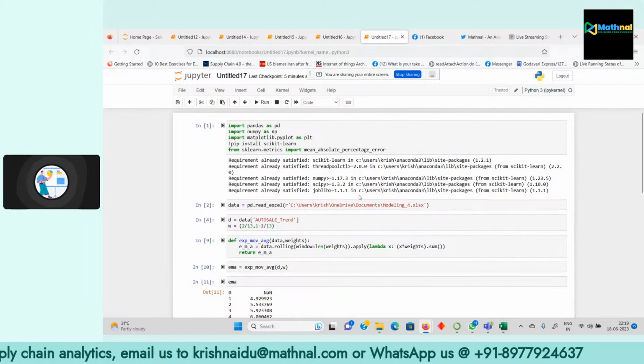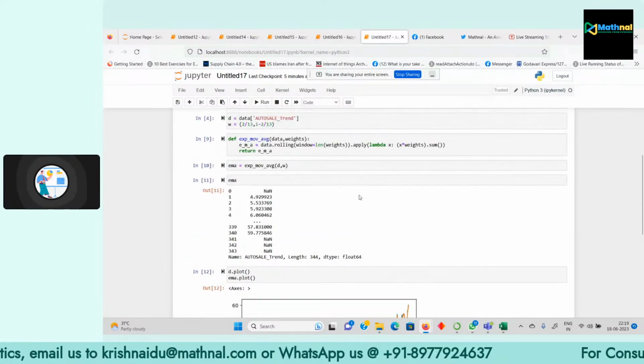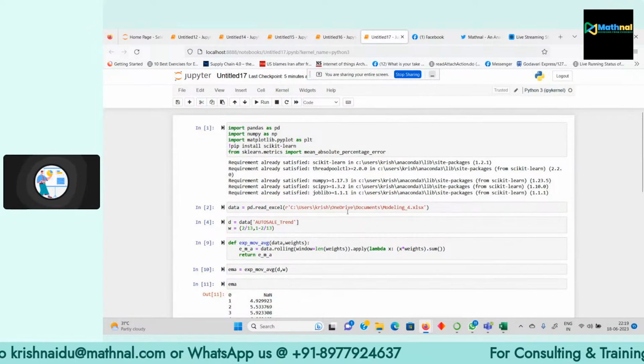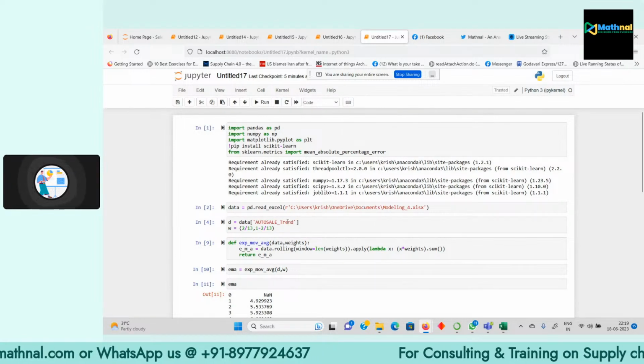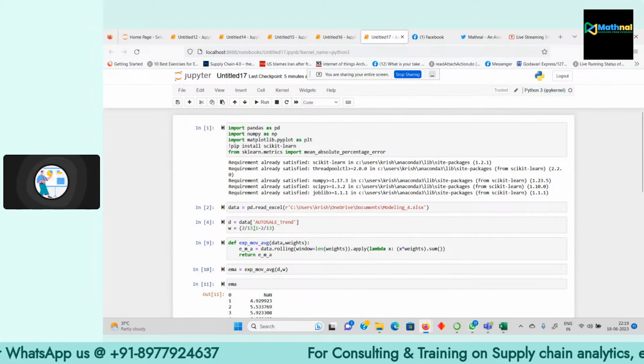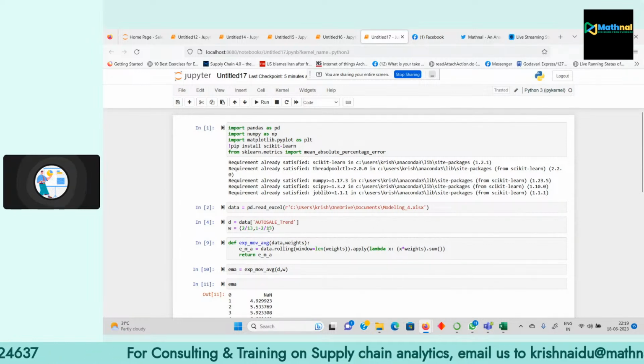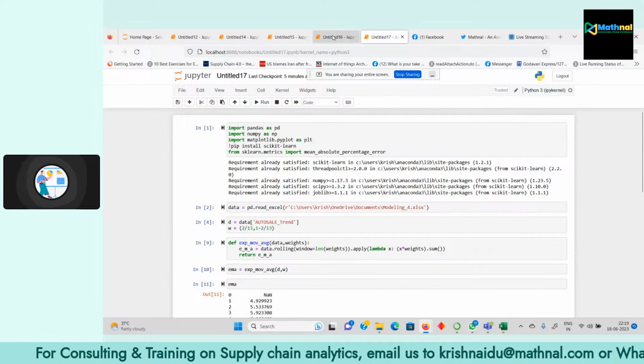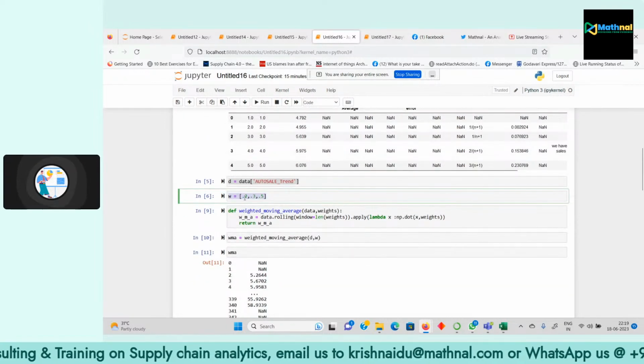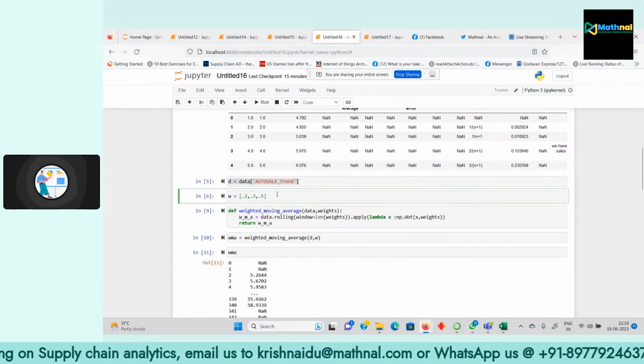So now this is a one-time exercise, because every time I only have to change my data model. In the case of exponential moving average, we don't need to change the weightages. But in the case of our weighted moving average, I can change these weightages. The only thing I have to make sure is that